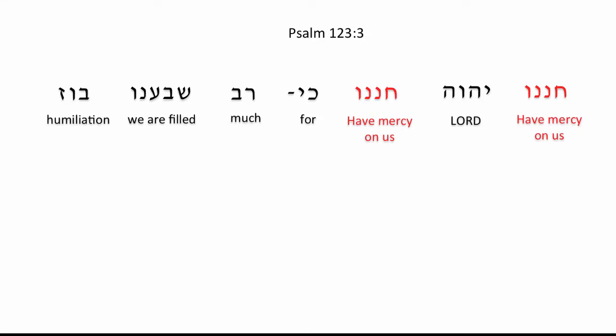So now you can see it. It actually means have mercy on us. Isn't that great, that have mercy on us, which is a full sentence, is actually translated in Hebrew as just one word? Also, notice that the word mercy is used in this translation